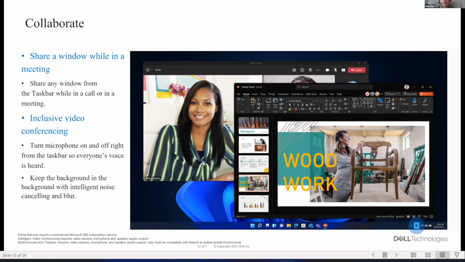Also, I think we all encounter circumstances where we try to respond to people asking us a question, but we forget to unmute. And after several seconds pass, we realize, hey, I forgot to unmute, so I need to speak that again. So Microsoft Teams makes it easier to find the mute and unmute button on the taskbar.